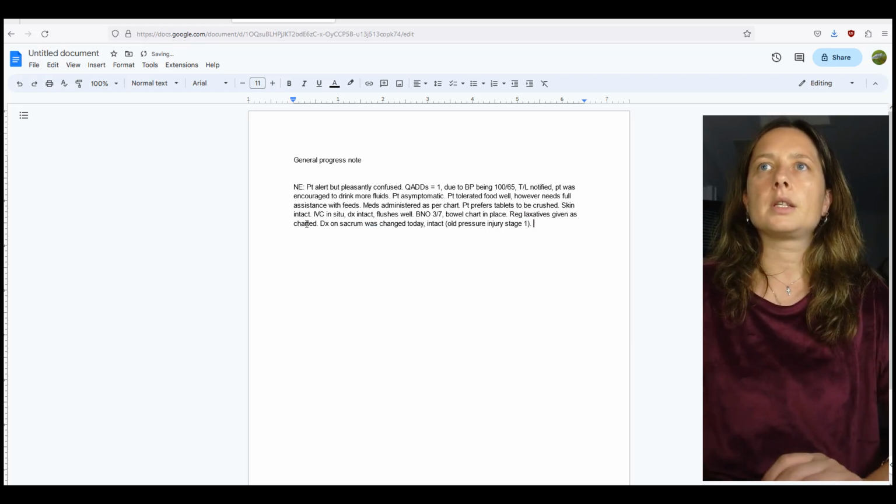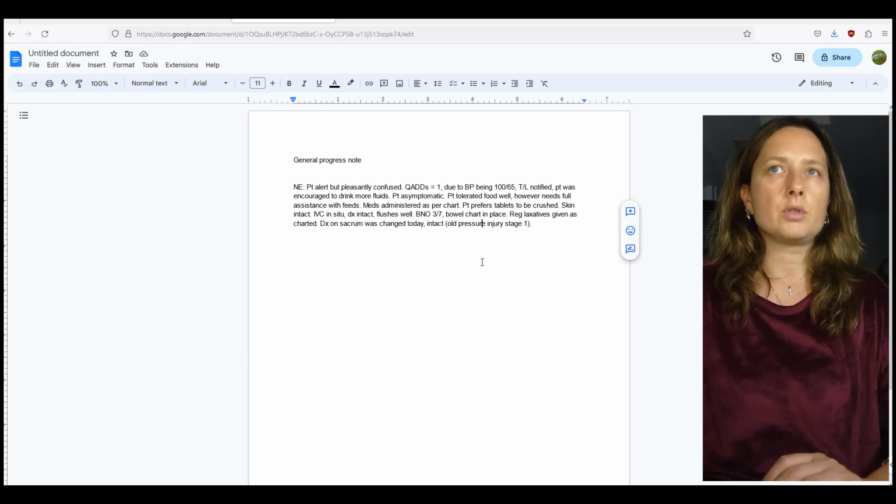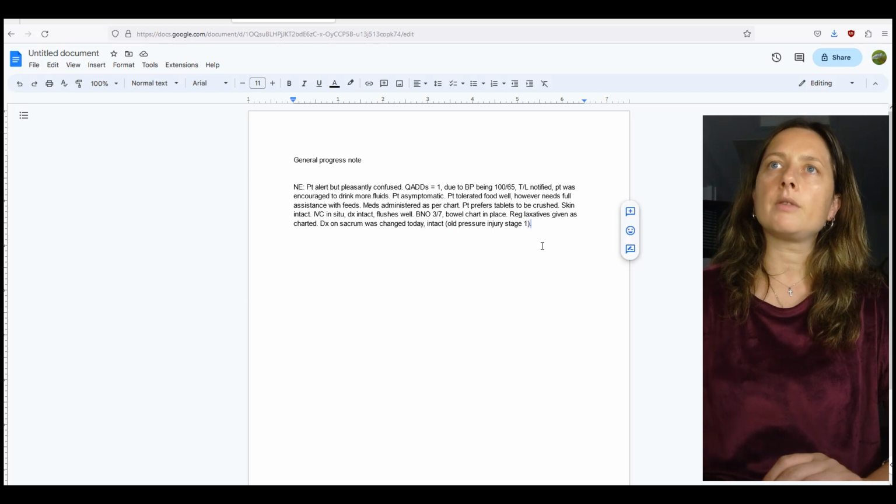Okay, so regular laxatives given as charted. Dressing on sacrum was changed today, intact. Old pressure injury stage 1. Sometimes it's important to mention that it's old, because if we